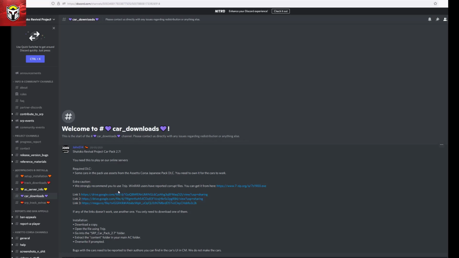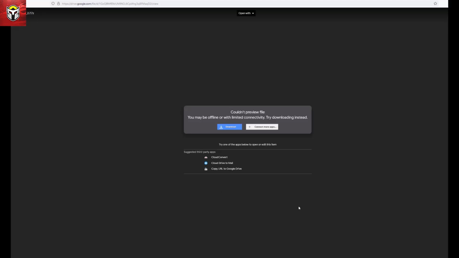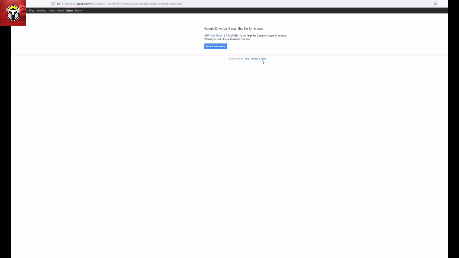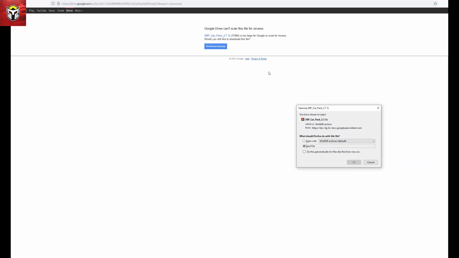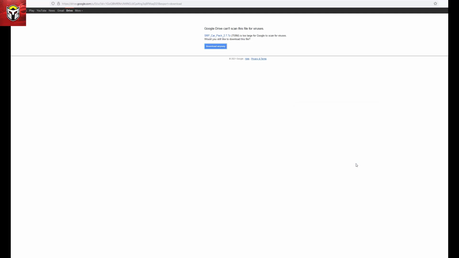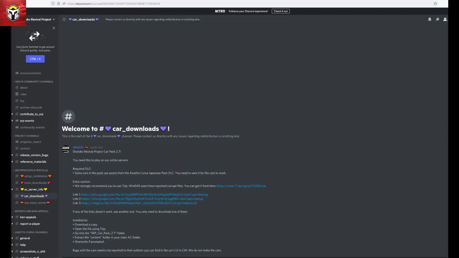And also there are some problems with WinRAR. I use it, I don't really see any problems, but some people do, so do make sure that you use 7-zip as well if you do get any problems. Again, there's a link to click on there and you can just download the car pack. 759 megabytes, again filling your hard drive up. I think all of this in total is over 2.5 gigabytes, but absolutely worth it. One of the best mods on Assetto Corsa at the moment. So let's just download that,